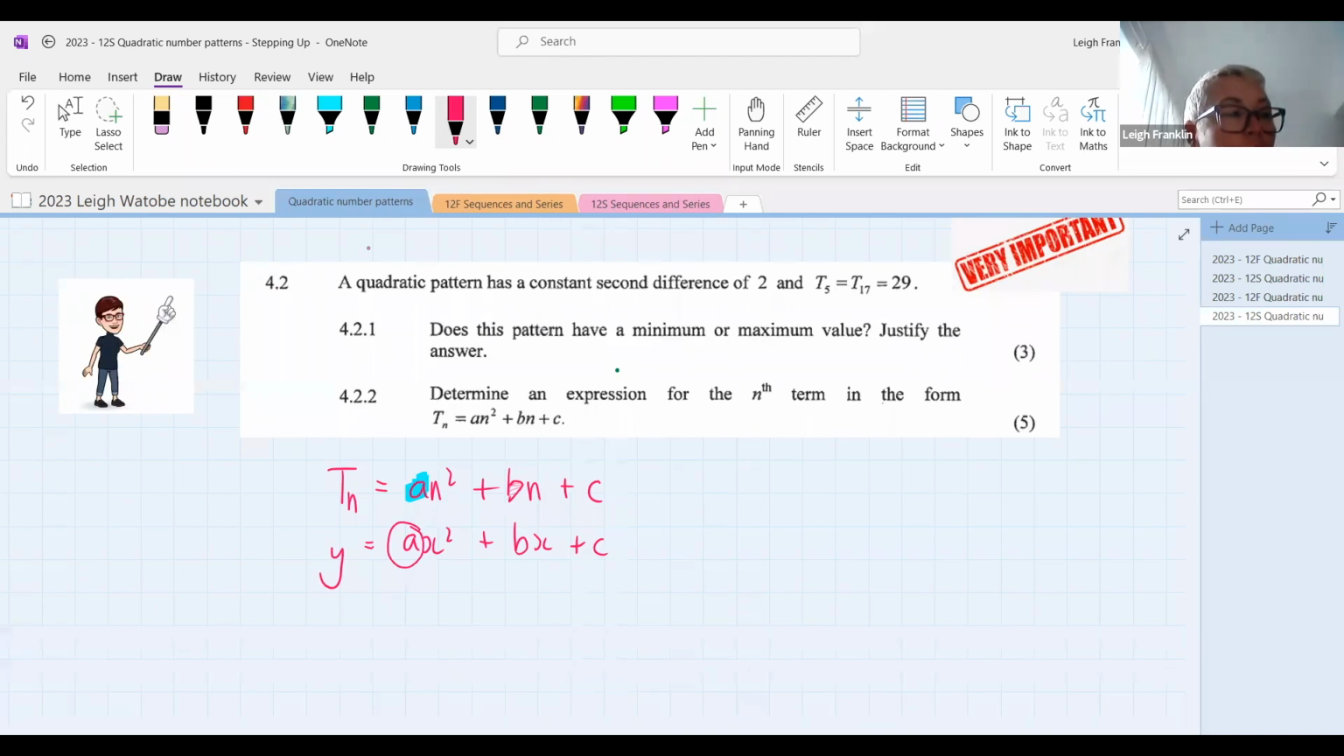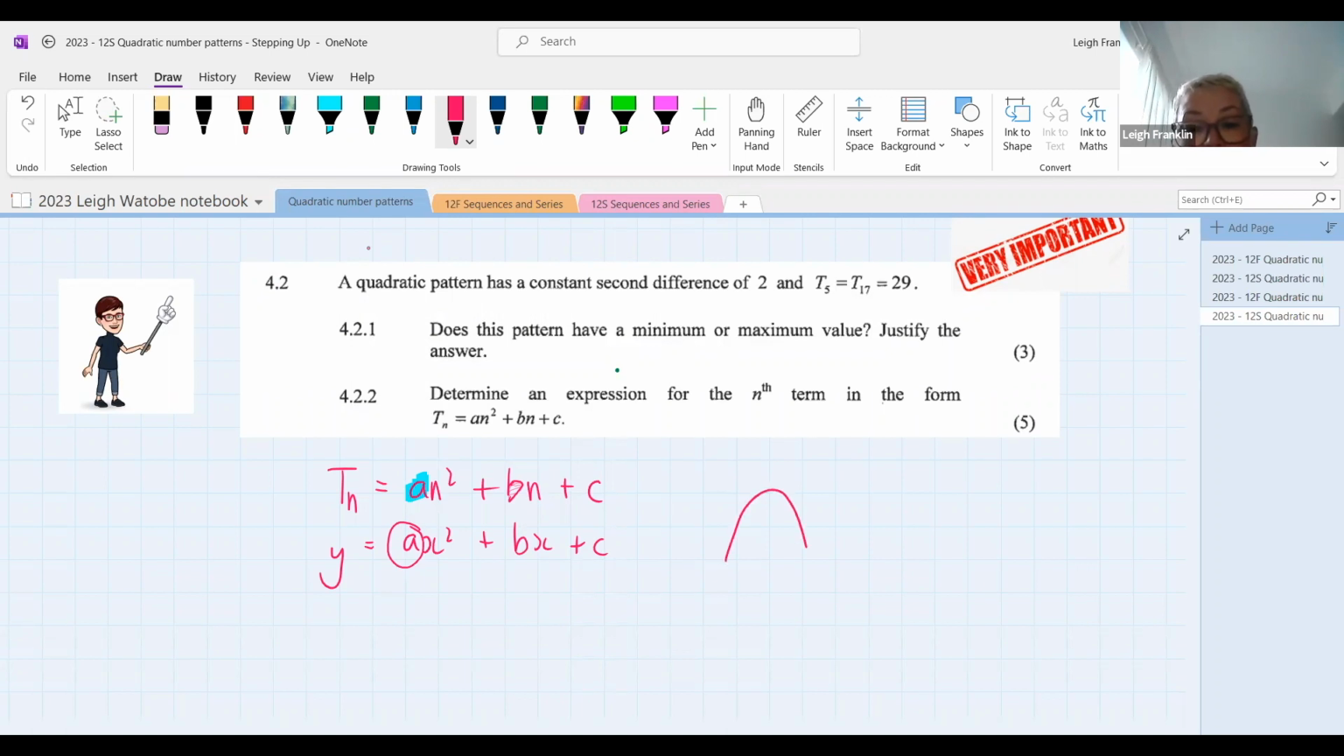So y is our output. We're talking about number patterns. It's the value of our term. When we're talking about number patterns, n is our position number in the pattern. That's the same as x in the parabola. That is our input. So when we talk about a parabola, we know that a parabola can be either